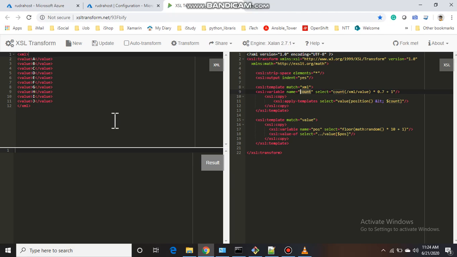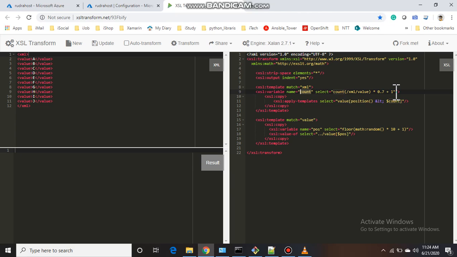As you know, I need some percentage of data, for example 70% of data. Here there are 10 values, so I multiply the count by 0.7 and then add 1.